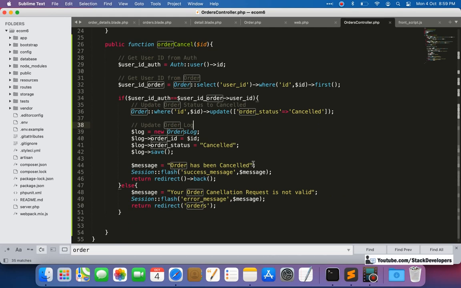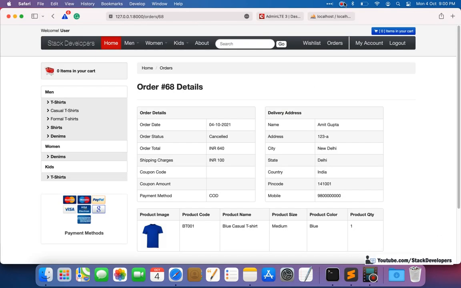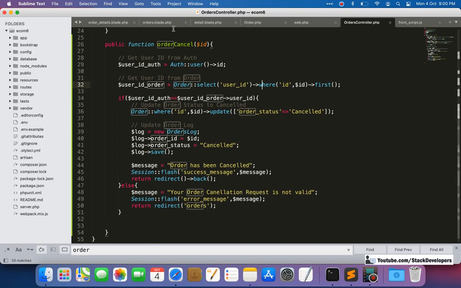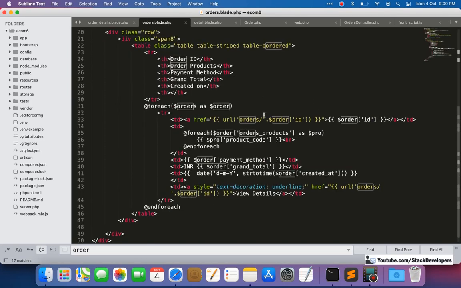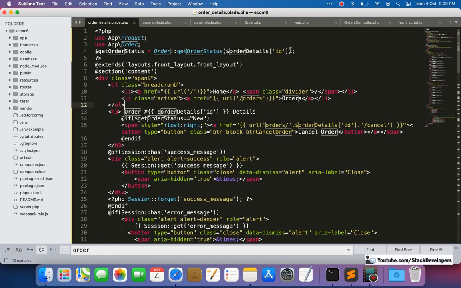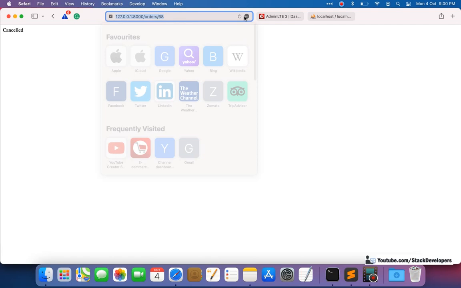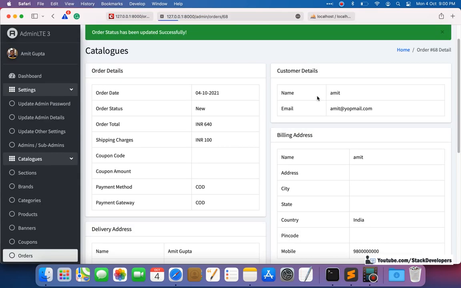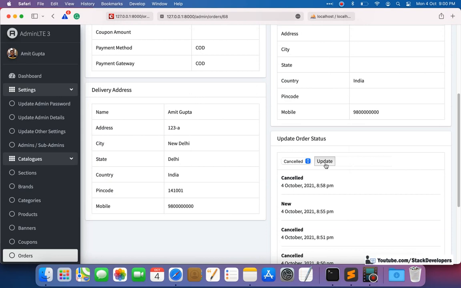See, this one is fine. So we need to debug our code here. We need to find where the issue actually is. So we need to check the status for the order there, in orders detail. So let's see the status here. Echo get order status. Why has that link not appeared? Okay, so here the status is already cancelled for this order. So let's check, it is the 68th order. So refresh it, see the status is already cancelled, so that's why.